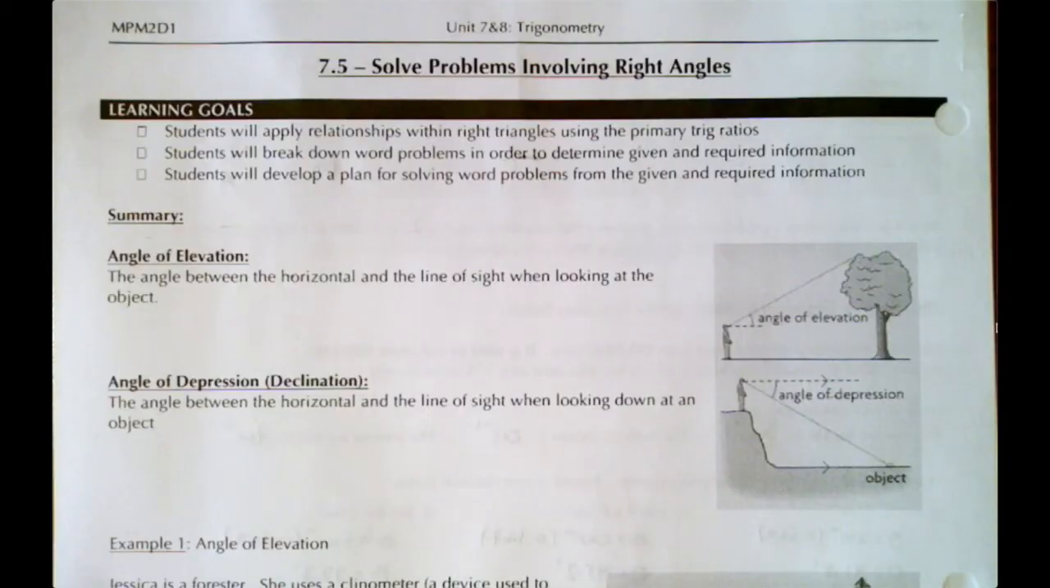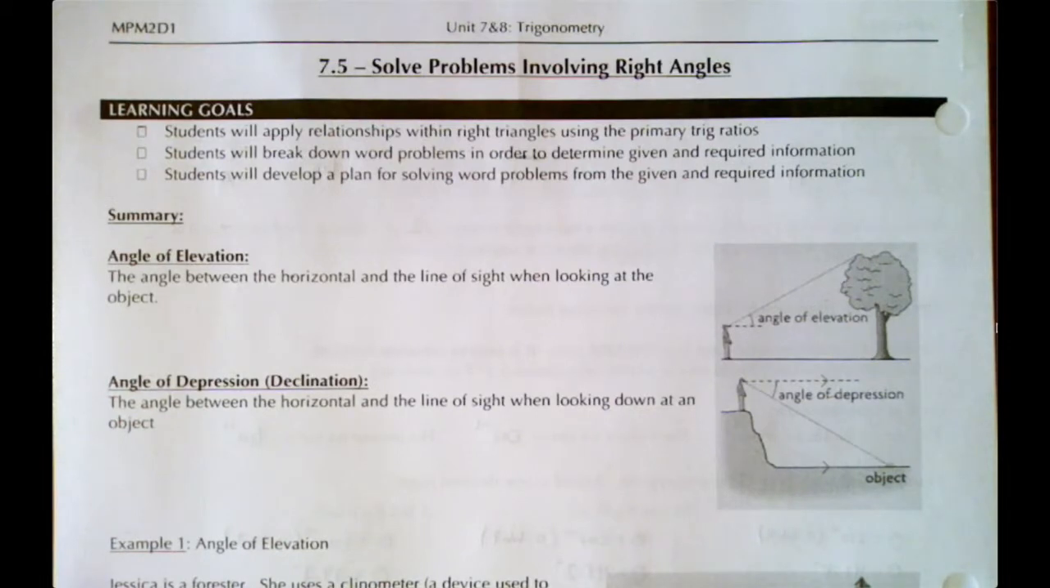This is lesson 7.5, and in this lesson we're going to apply all of those skills that we've learned in the last two lessons using SOHCAHTOA to solve for angles and sides in right angle triangles, and now we're going to apply it to some application questions. In order to do that, first we need to understand two pieces of trigonometry terminology that come up over and